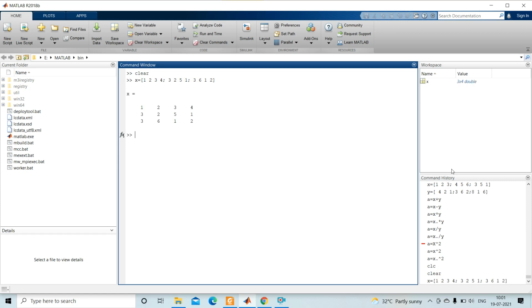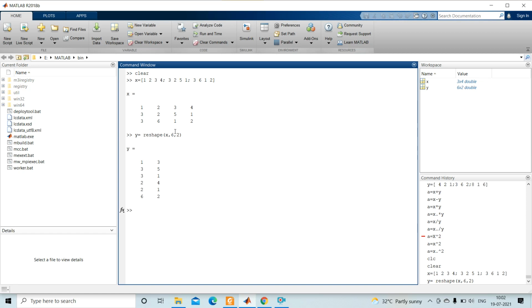So this is 3 cross 4, that means 3 rows and 4 columns. Its product should be 12. So I can change it into 6 cross 2, or 2 cross 6. So if I write y equal to reshape x comma 6 comma 2.